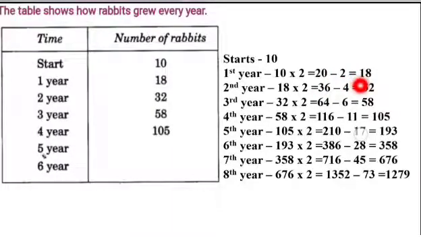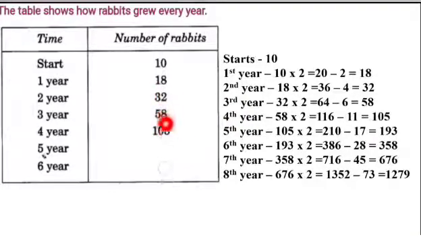So we get 18. Now with this pattern, we can see that the double of 18 will be 36 in the next year. But now we subtract the multiple of 2, that is 4, and it comes to 32. And see, the second year's observation was 32. Now for the next year, double of 32 will be 64. But this time we subtract 6, since the pattern is 2, then 4, then 6. So we subtract 6 from 64 and the answer is 58. So we can see the pattern that is going on here, right?